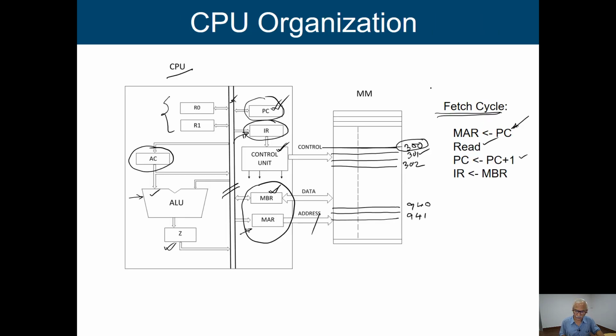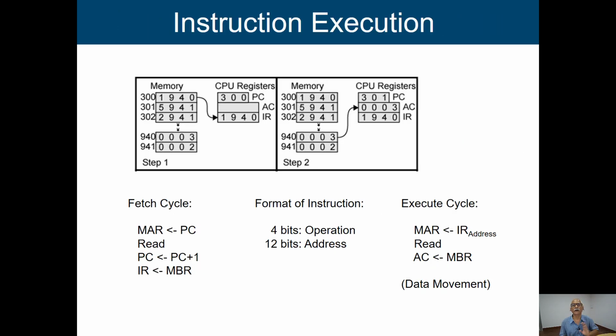If I come back to this direction, that means from the 940 memory location we had 3. After completion of the first instruction, that will be transferred to this accumulator register. Now the contents of this accumulator register become 3, and that 3 will come as an input to this ALU. Now come to what we are going to do in the execution phase.